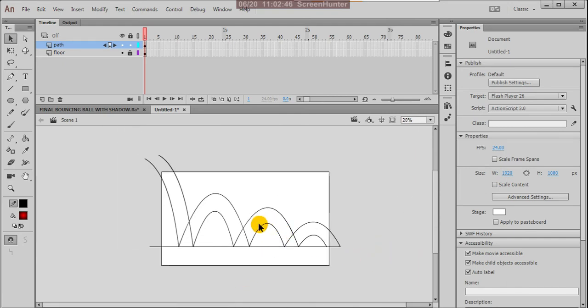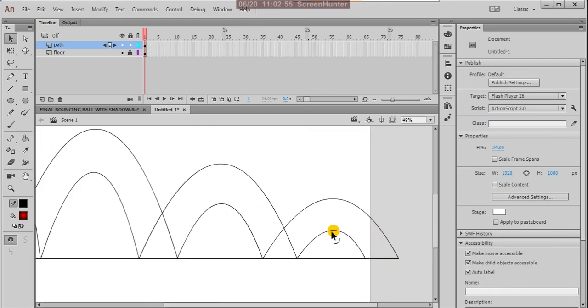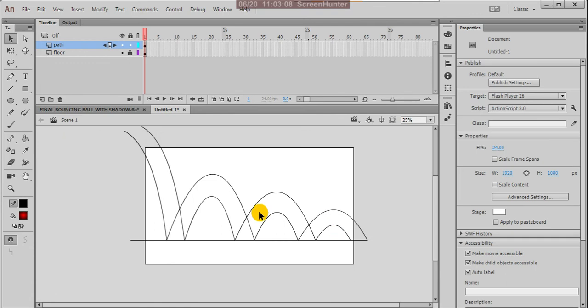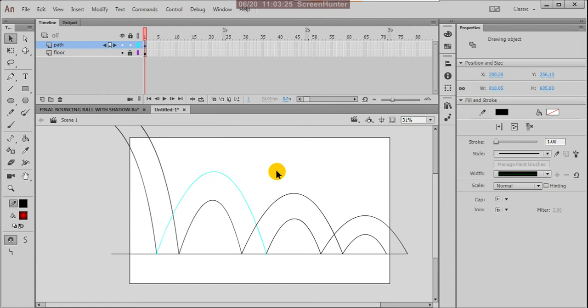Okay, so this is planning a path for the bouncing ball. So path of action is very important for every action. So all the objects and humans and animals and birds, all actions follow their own paths. We also walk, run, jump on paths only. Suppose here path means road, way. So on paths only generally everyone follows. In the same way animation also follows paths.